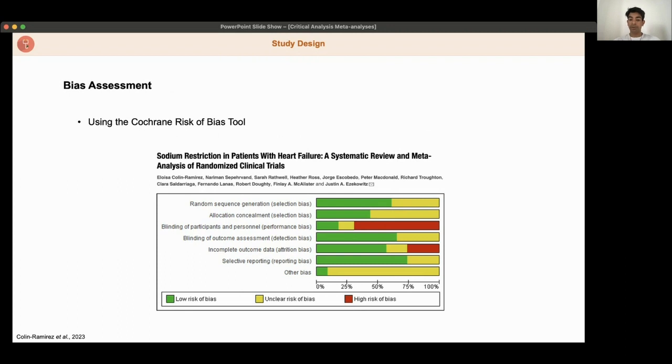So the massive amount of red there is making me think, okay, which study contributed to that redness, and what effect did that study have on the outcome of this meta-analysis? And we're actually going to look at that in a second. So be aware of bias and be aware of the studies introducing this bias into the meta-analysis.